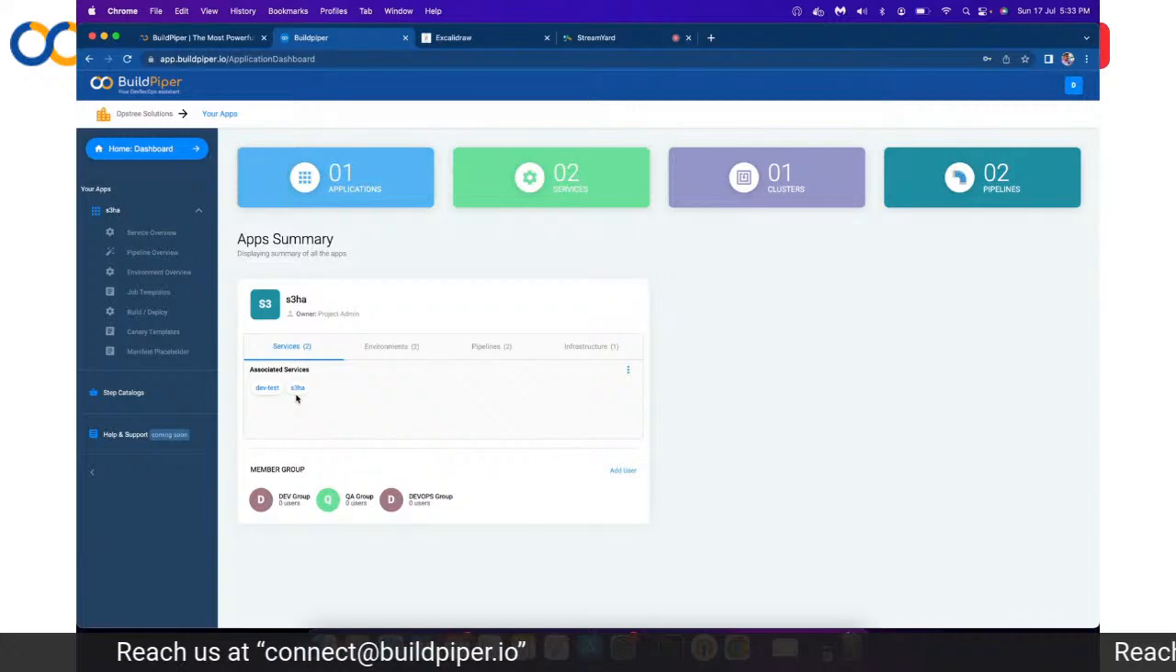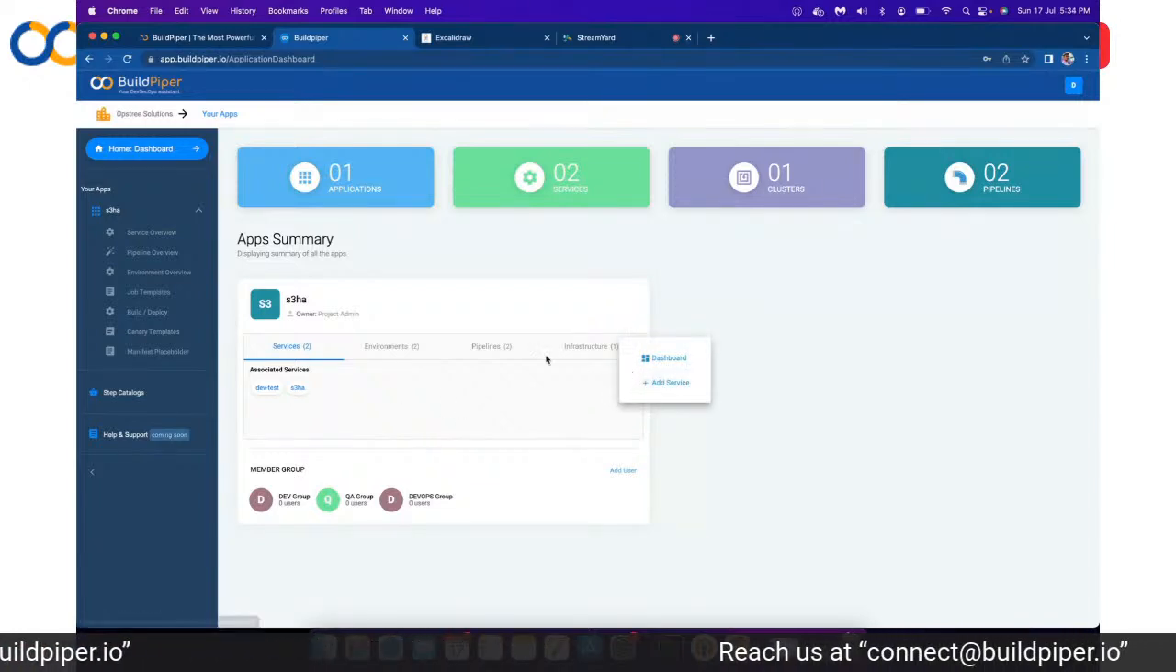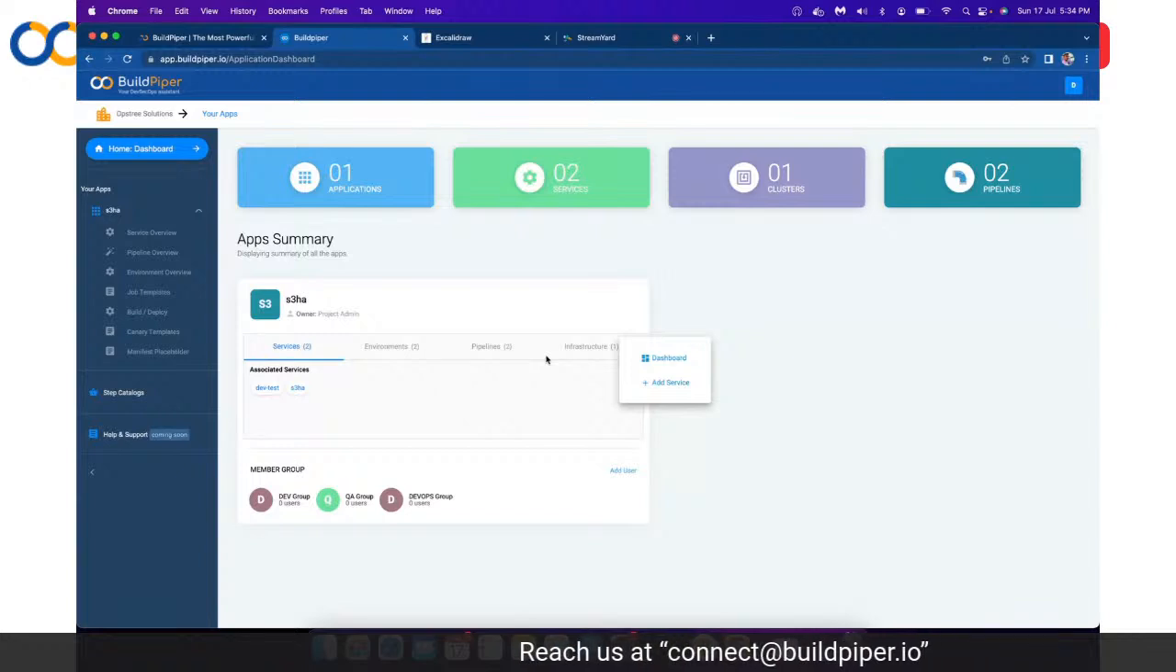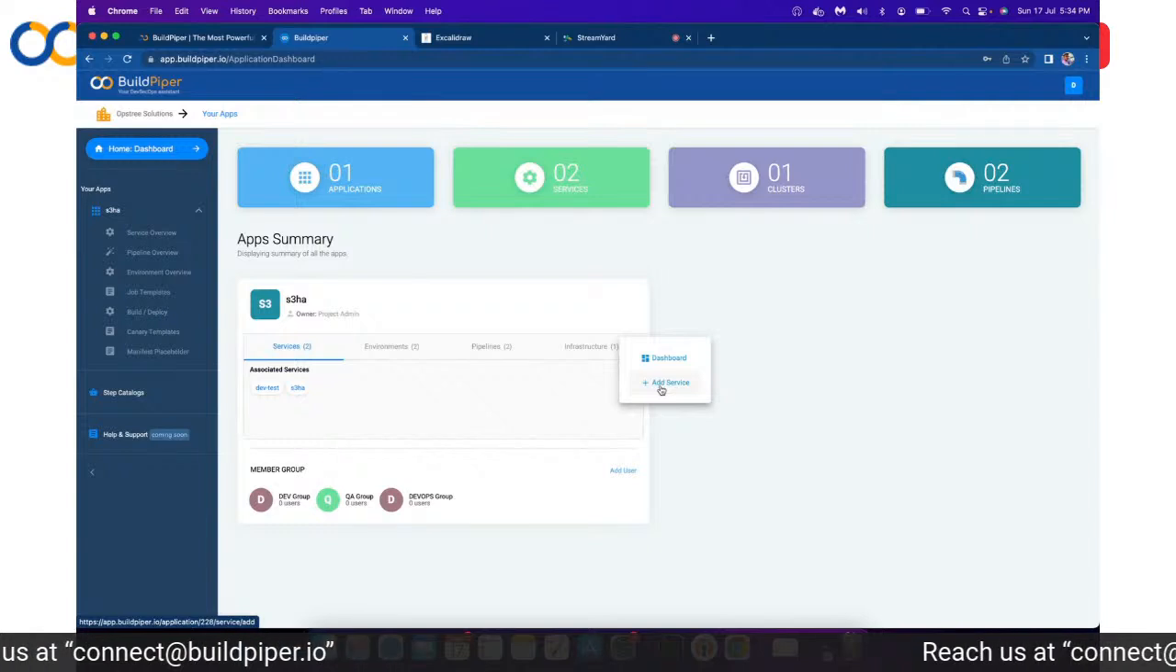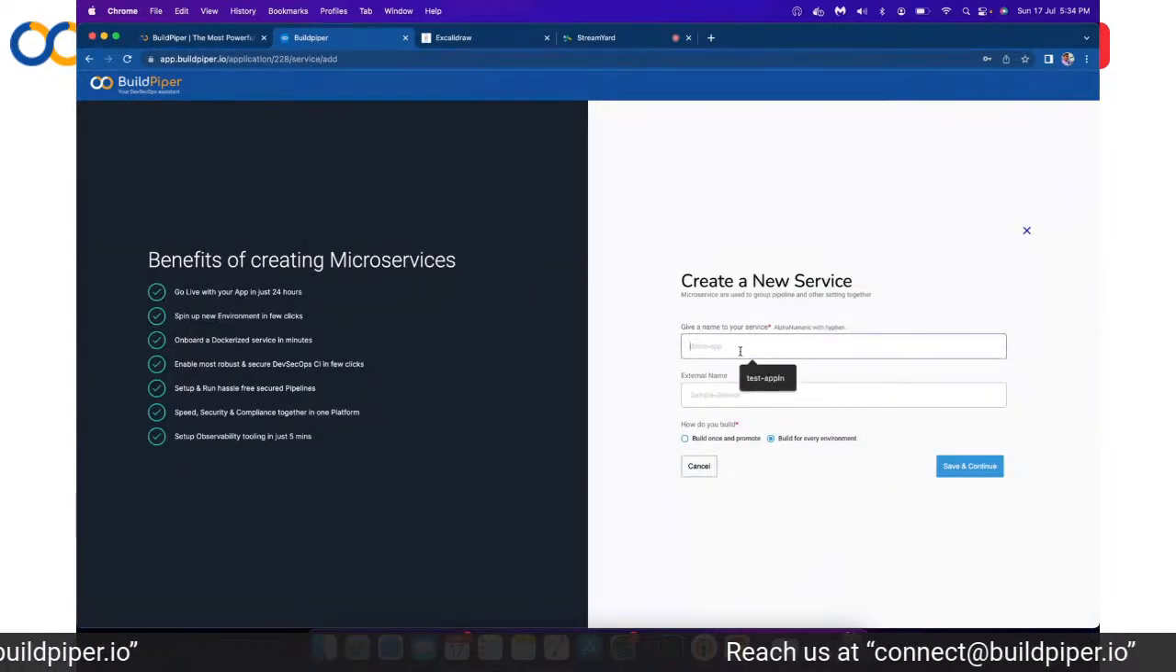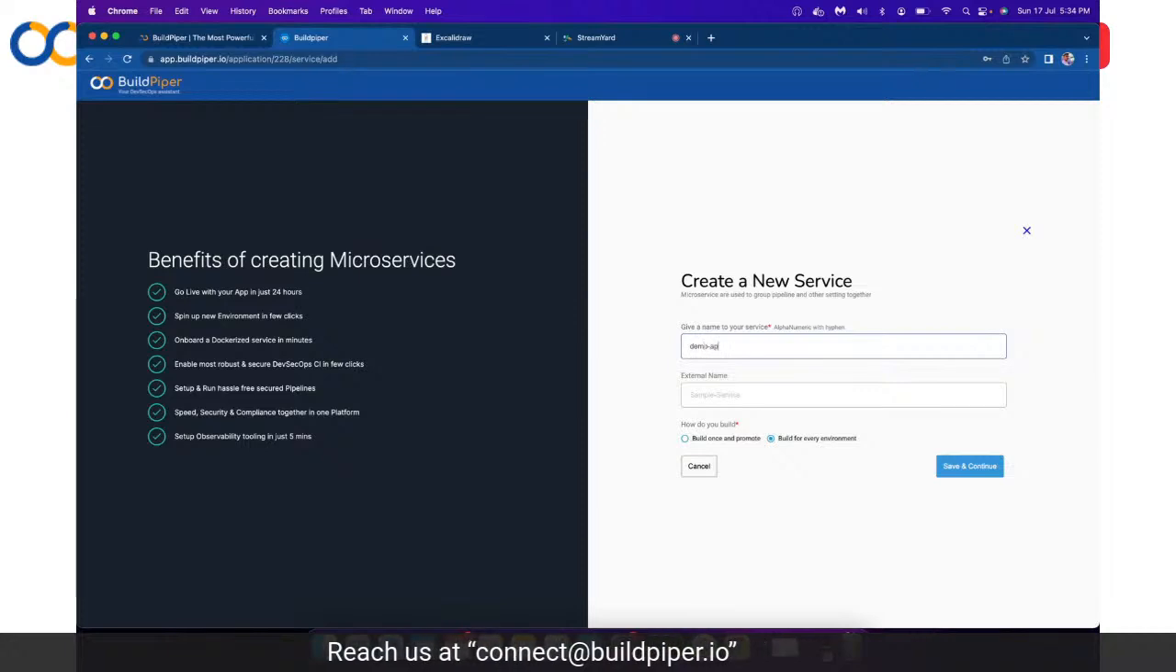So we'll start with configuring our very own first microservice, right? Whenever you want to create or onboard a new microservice onto the BuildPiper platform, you get this dashboard section and you go to the option of add a service, right? You click on it, you name your application. Let's say I want to name it demo application, right? And you save and continue,